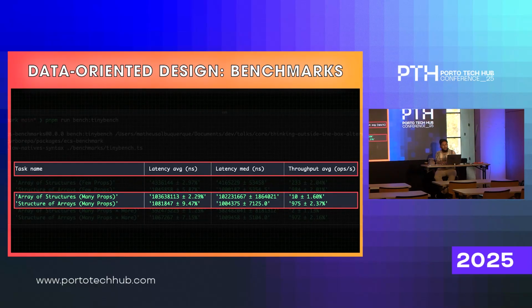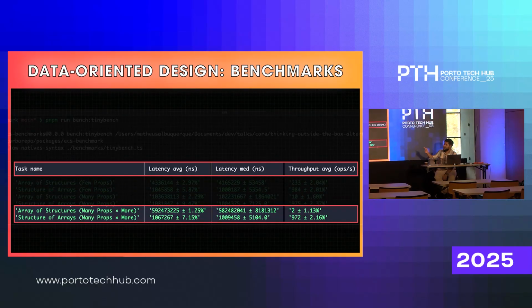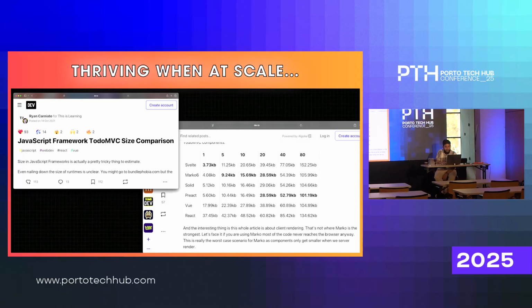And then let's multiply again by 5. So now we have 100 attributes on each, which again may not be your case. So one continues at 972, and the other one dropped all the way down to 2 operations per second. Does it mean that you should go and refactor your React applications for that? Not really. But the reason why I wanted to show this particular example is because for me it's very important